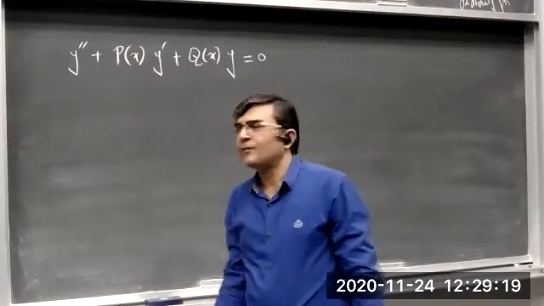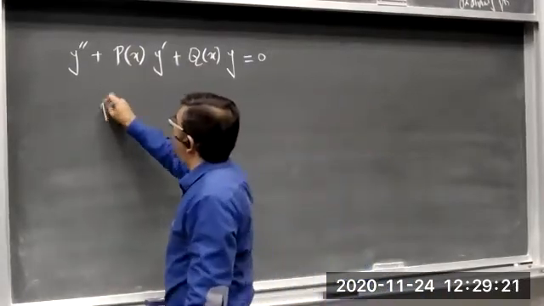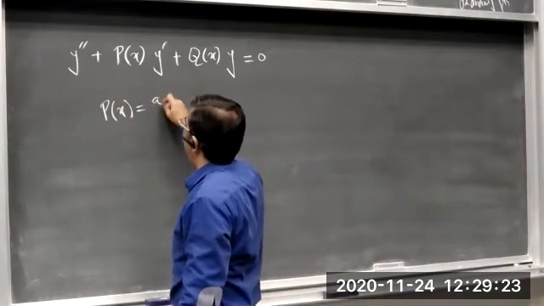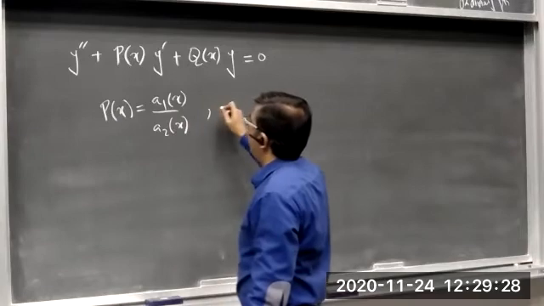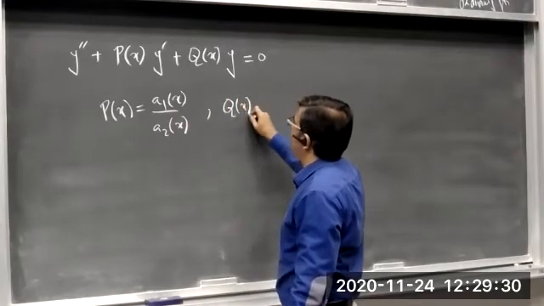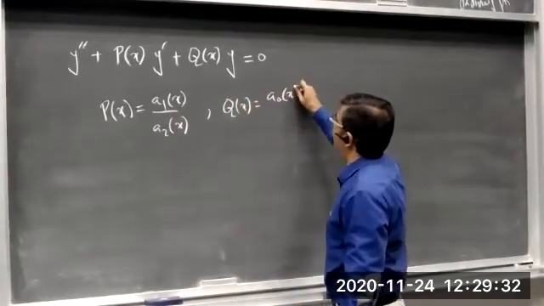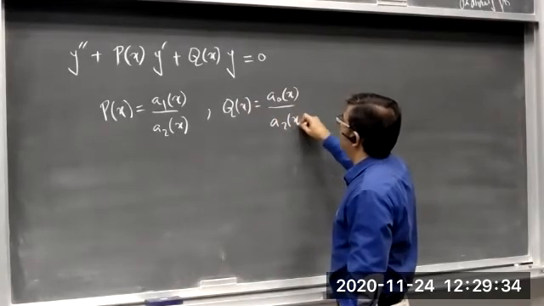In this case, p of x is a1 of x divided by a2 of x, and q of x is a naught of x divided by a2 of x. Then